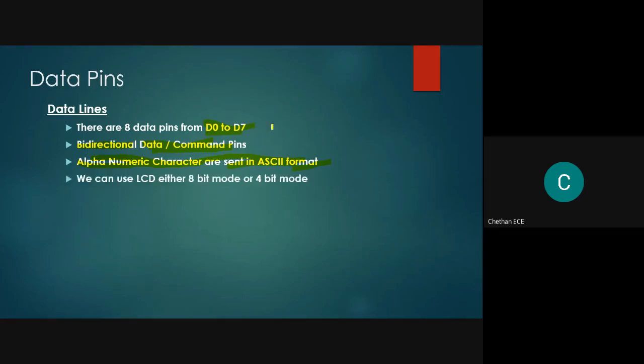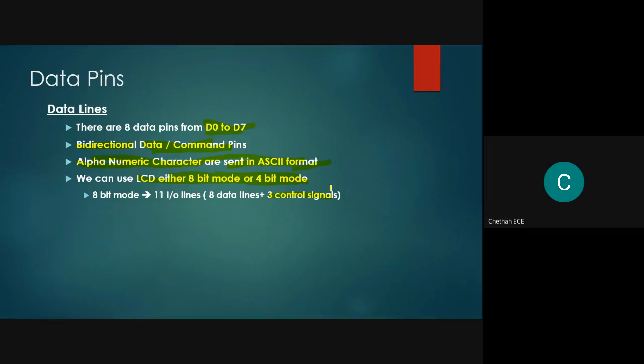Then how can we operate the LCD? There are two methods where we can interface the LCD with a microcontroller: in 8-bit mode or in 4-bit mode. In 8-bit mode, all the data pins are free for us and there is no ambiguity in sending the data as well as a command through these data pins. And additionally, to send the data through these pins, we are using 3 control signals.